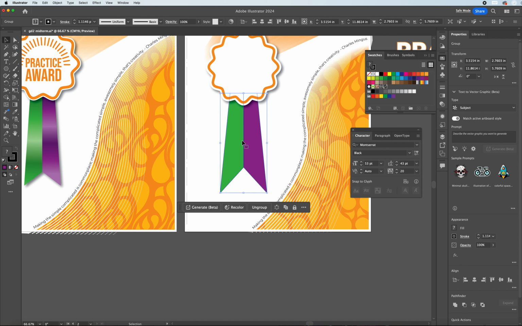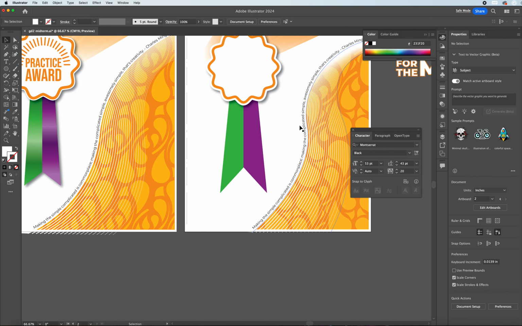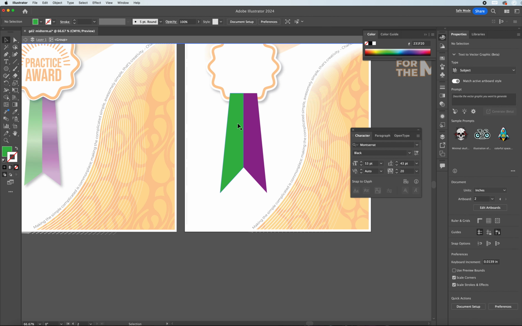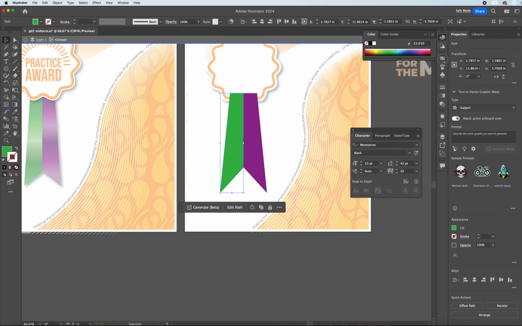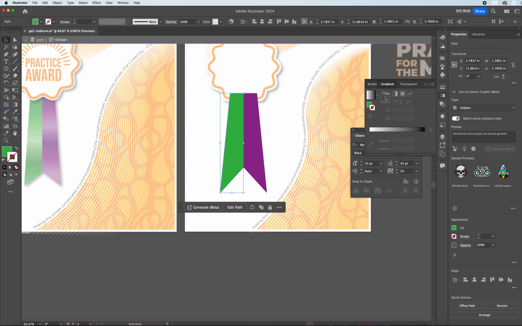If I do want to modify a gradient, right now I have a black stroke I want to eliminate. I'm going to look to modify out the gradient. I'm going to select on the green piece first. Just understand if they're grouped together, just double click. You can always select on the individual piece. For my gradient, I want to go over to my gradient tool, left side navigation, and I'm going to separate it from my swatches so I can get into modifying out the